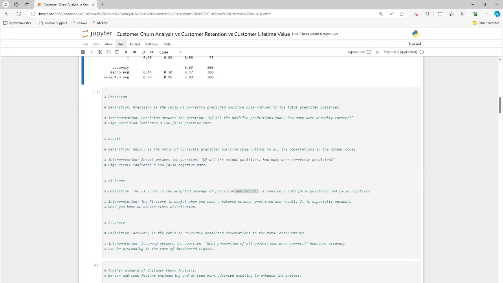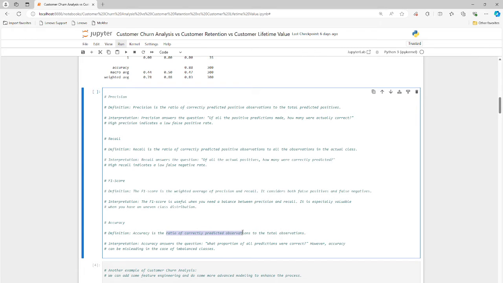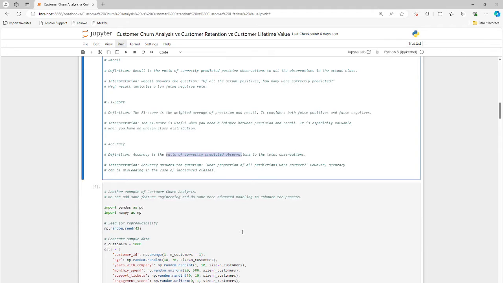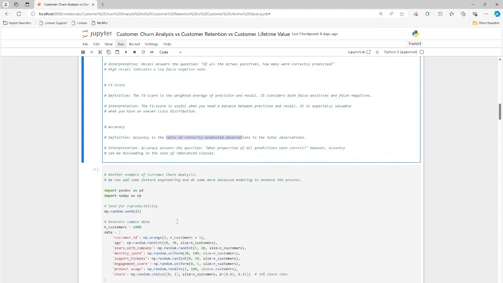And the accuracy, which we see down here, accuracy is also 0.88. So pretty decent, close to 100%. That's the ratio of correctly predicted observations to the total observations. Okay, so we're getting some good results from the model. Pretty satisfied with that. Let's look at another example of churn analysis with a few more features added into this